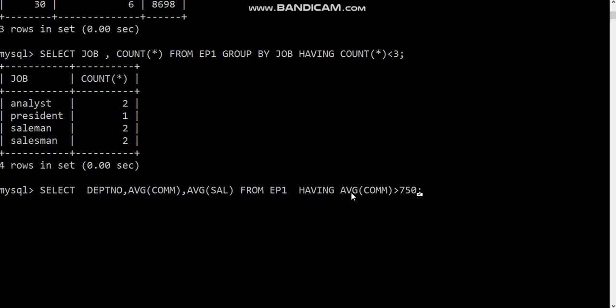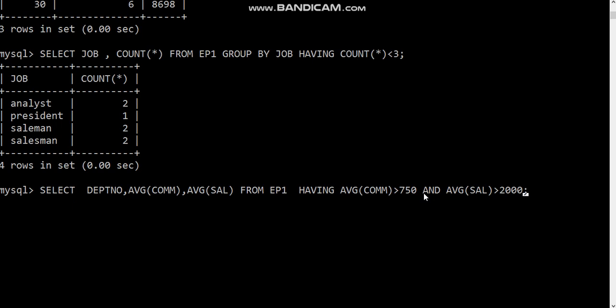So average of commission greater than 750, and average of salary also greater than 2000.